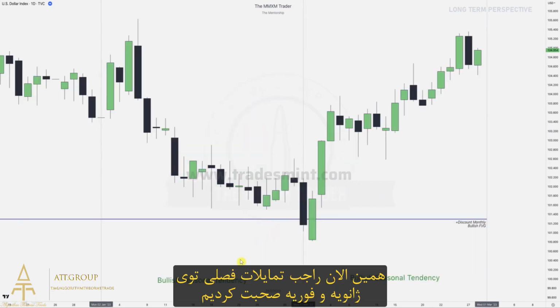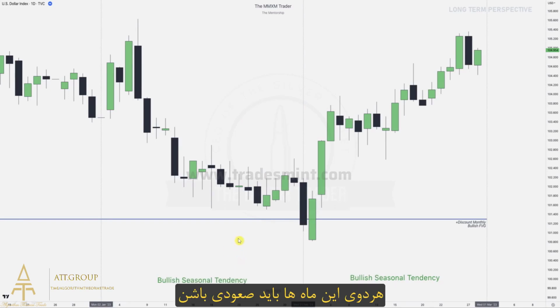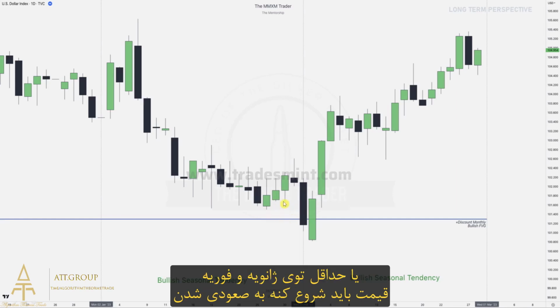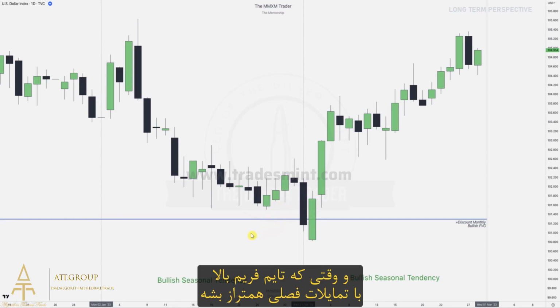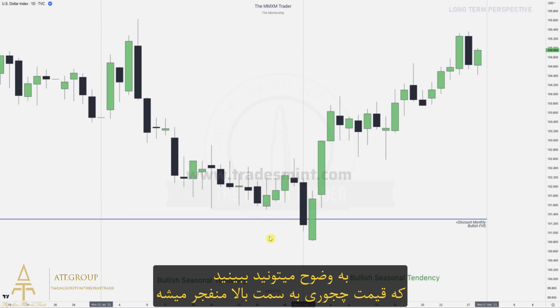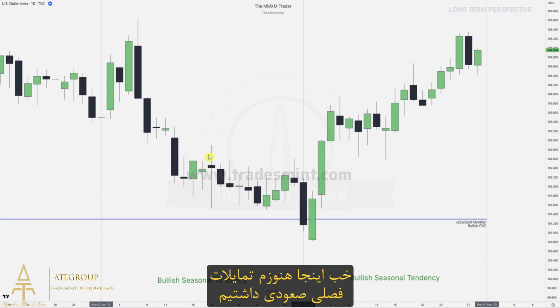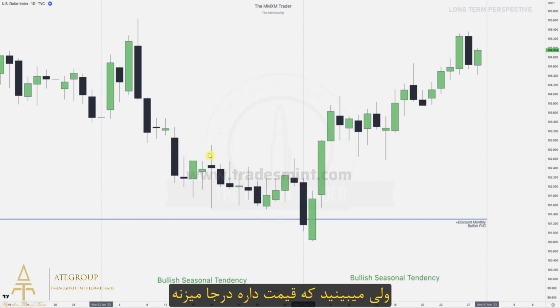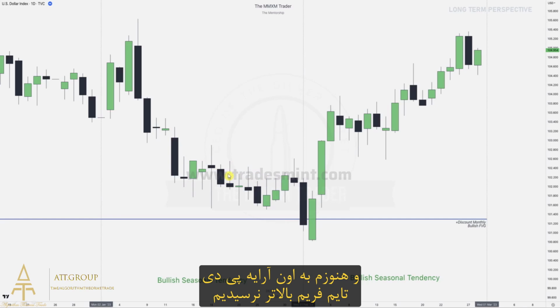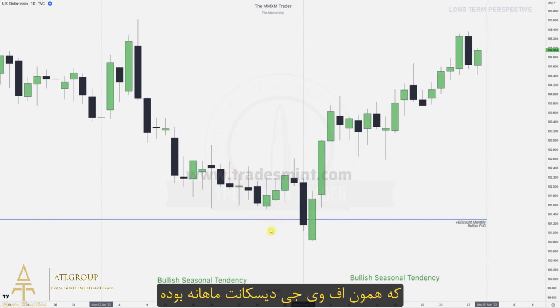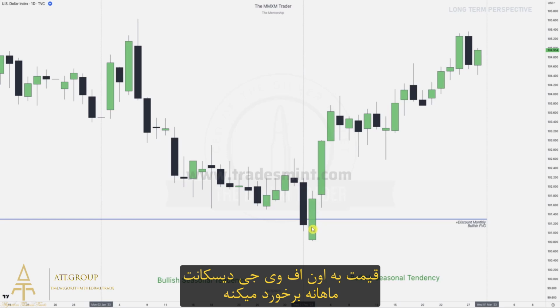So we just talked about that seasonal tendency, right, from January and February. Both should be bullish, or at least start to turn bullish in January and February. And when a higher time frame aligns with that seasonal tendency, you can clearly see how that price action explodes to the upside, right? So over here we still had a bullish seasonal tendency, but you can see price action is just consolidating, right? And we didn't hit that higher time frame PD array yet, which is that discount monthly fair value gap, right? Now as soon as February starts, we hit that monthly bullish fair value gap, and you